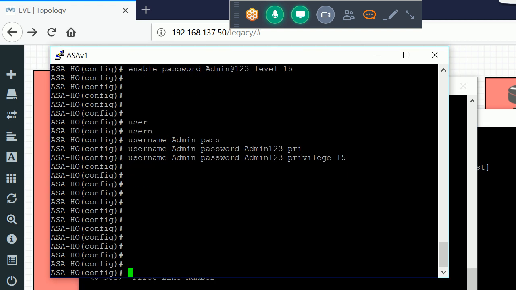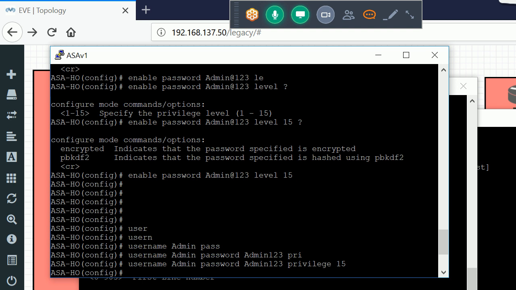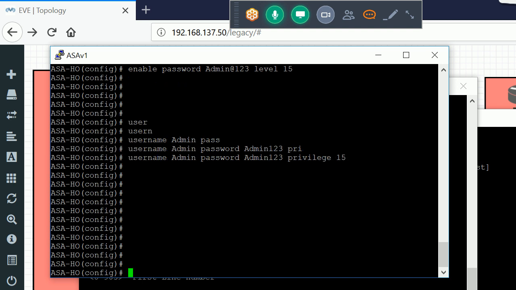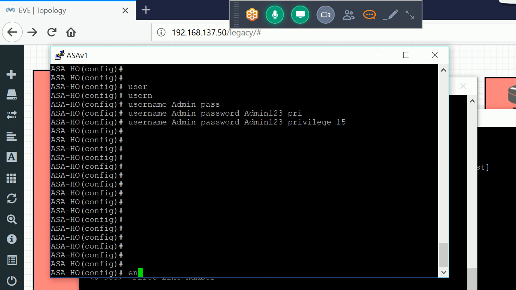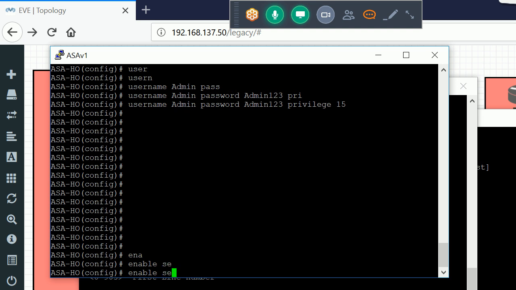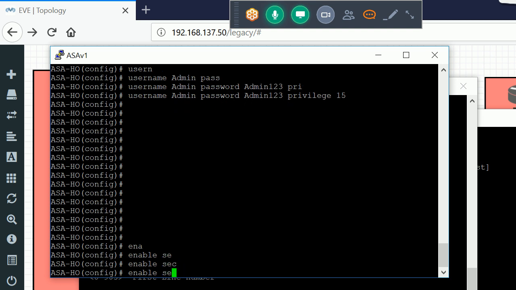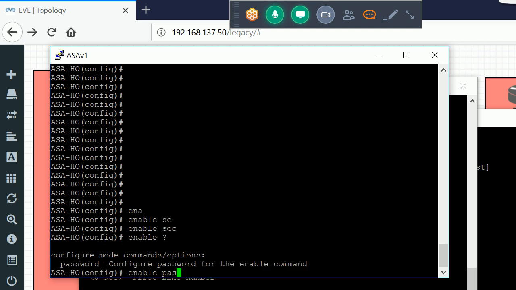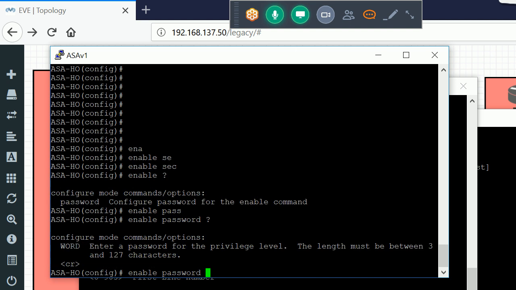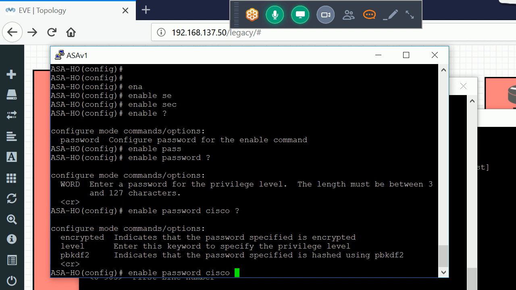User management password admin123, enable password level 15, enable secret. Let me add Cisco. Enter.